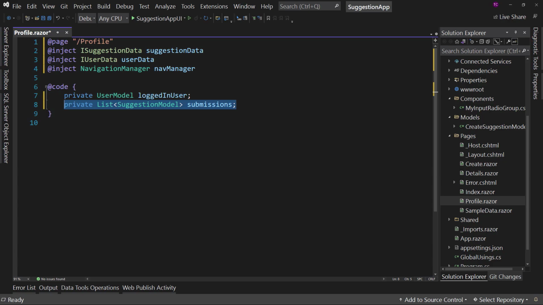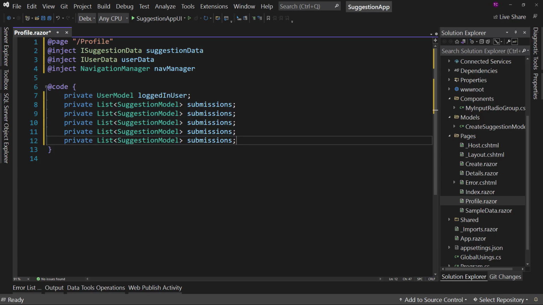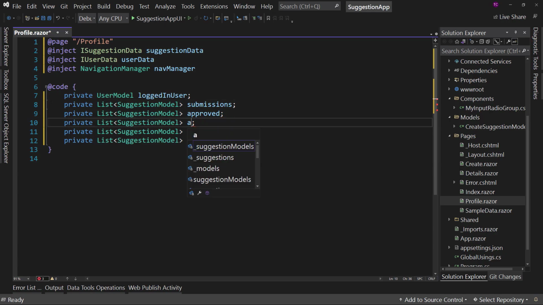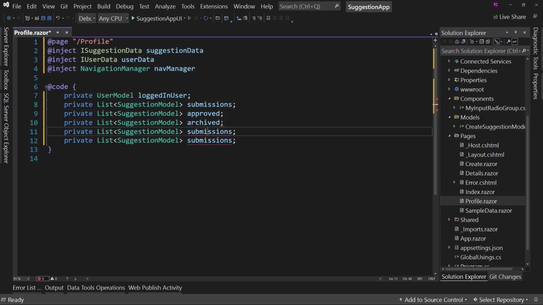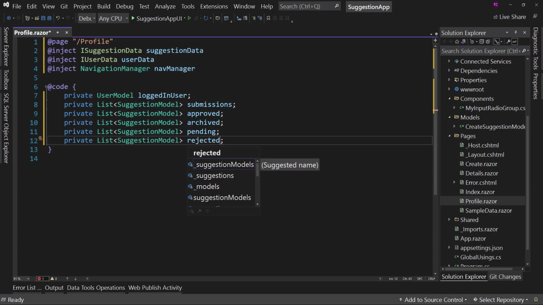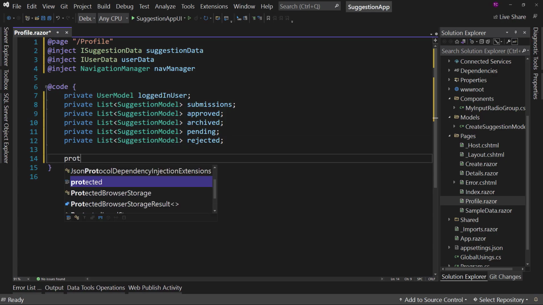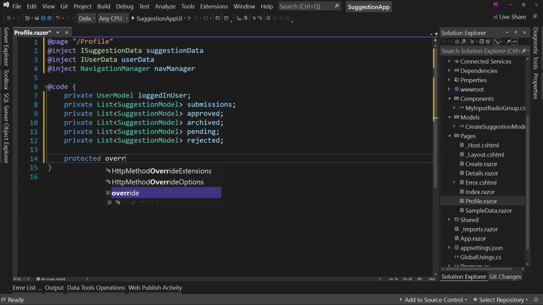Now let's copy this and we're going to paste it 4 more times. And these will be approved. And then these will be archived. These will be pending. And these will be rejected. I'm going to show you why we're going to do multiple sublists instead of having just a filter applied for the submissions list. So protected, override,